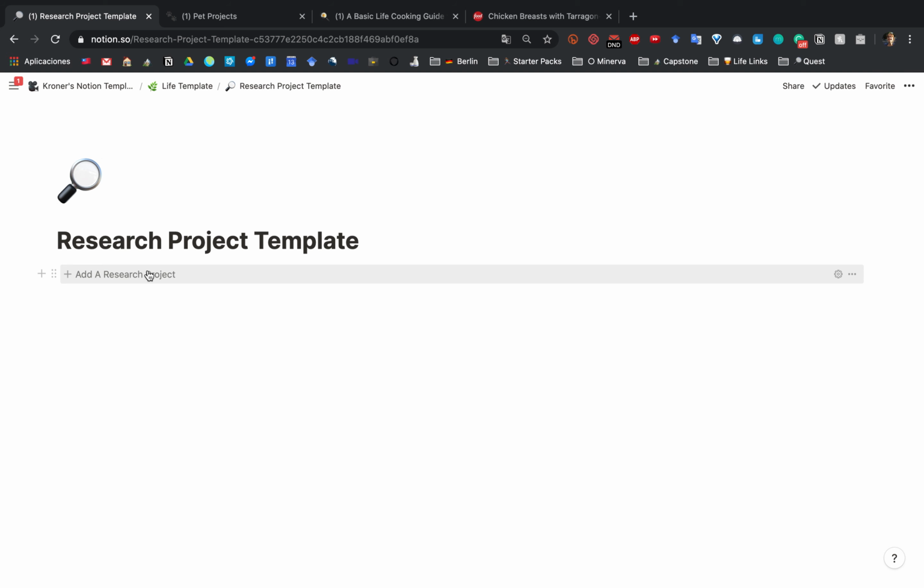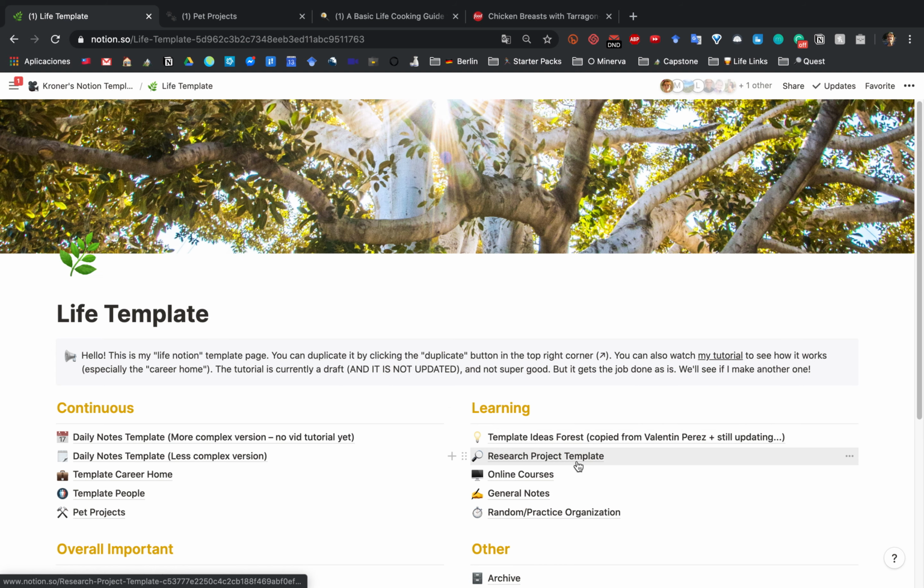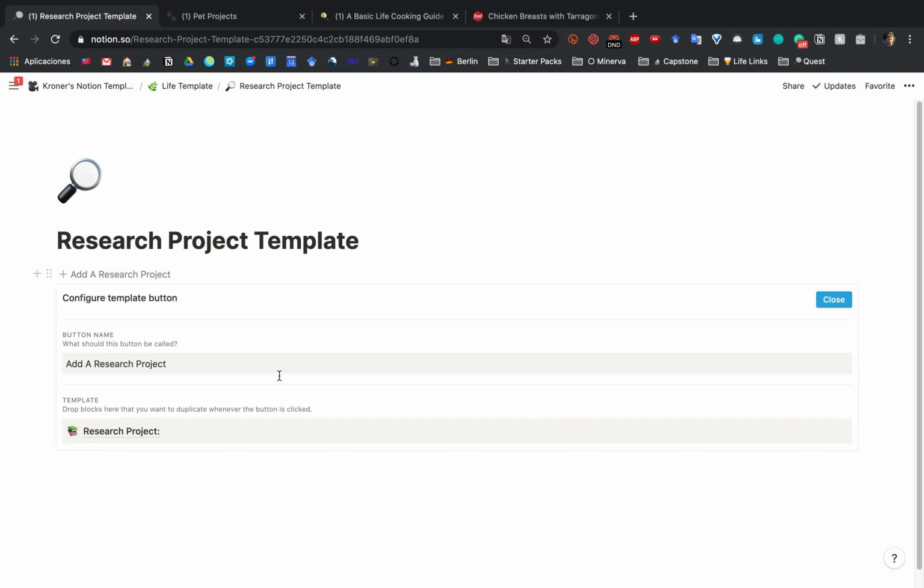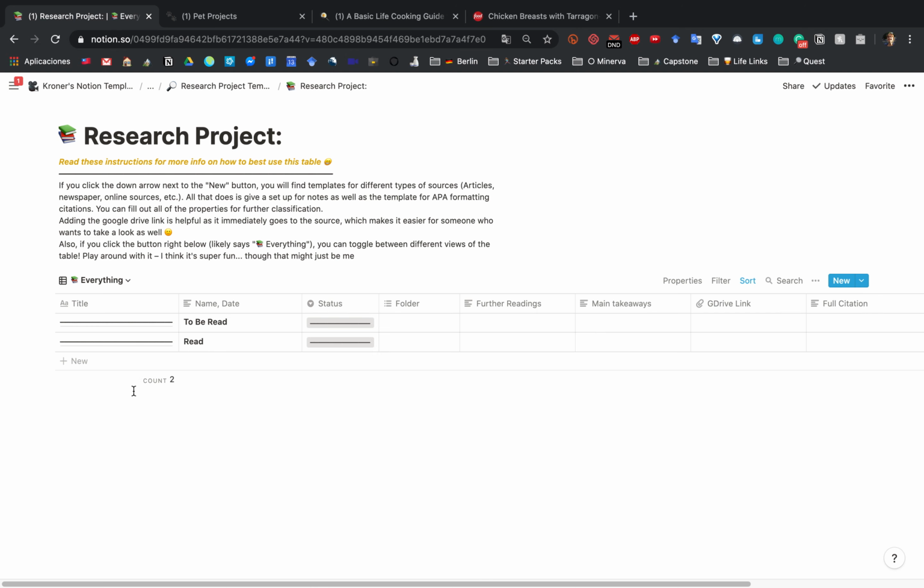Okay, Notion, for me, this is a quick tutorial on research templates. Notion for research projects for me has been absolutely incredible. I'm going to try and do an even longer tutorial about this because it's the second least fleshed out. If the ideas forest is the least fleshed out of everything, then the research template is the second. Basically it's just a place to put